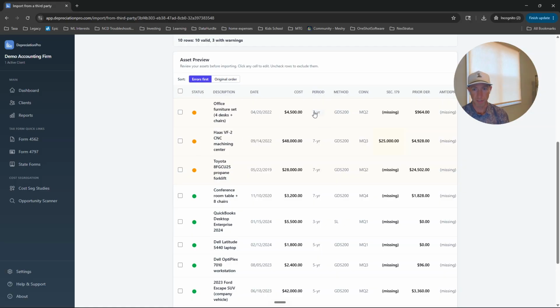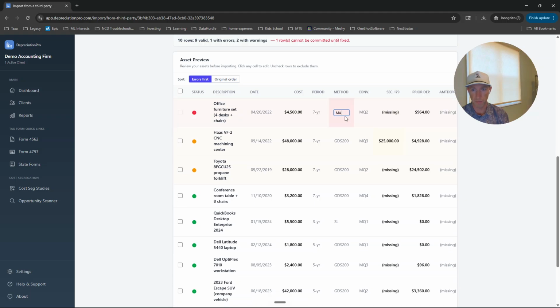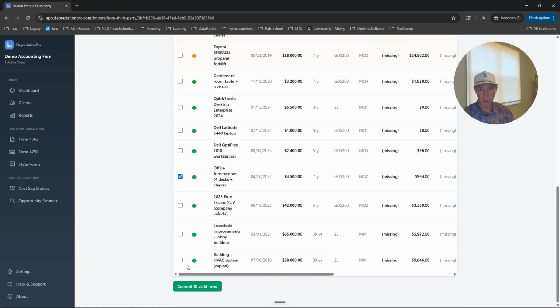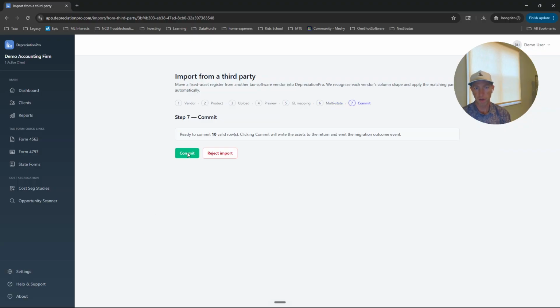For instance, we can modify that and change that period right here as well. Look, I misclicked and messed something else up by just clicking through. Let's fix that before we import. And then you get to commit those rows, and now last little step, there were no states there, so you could skip and assign the states later, or you could apply to all the 10 assets. Lots of flexibility there. Finally, you would commit and import, and that would bring you to the standard asset list